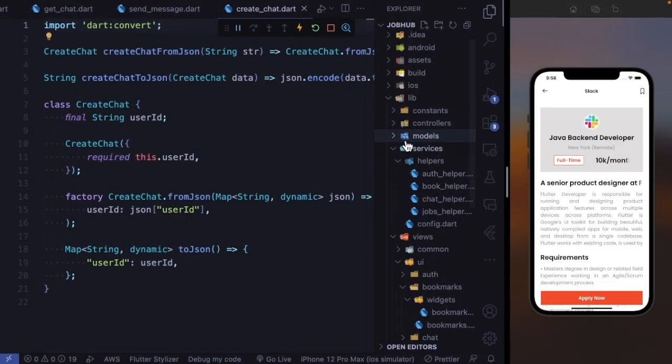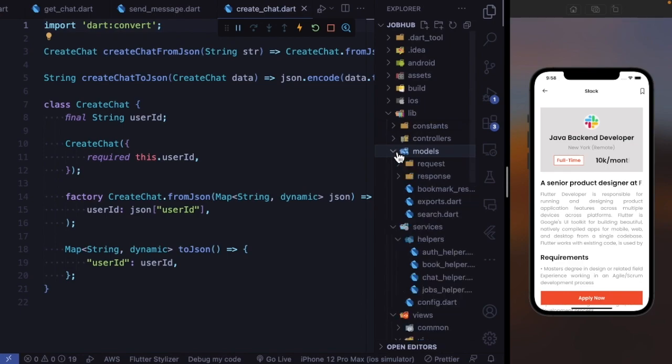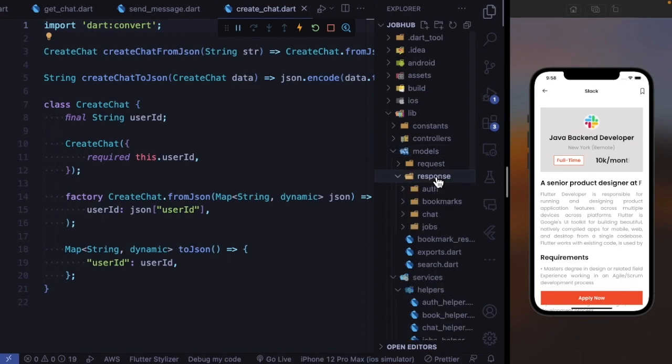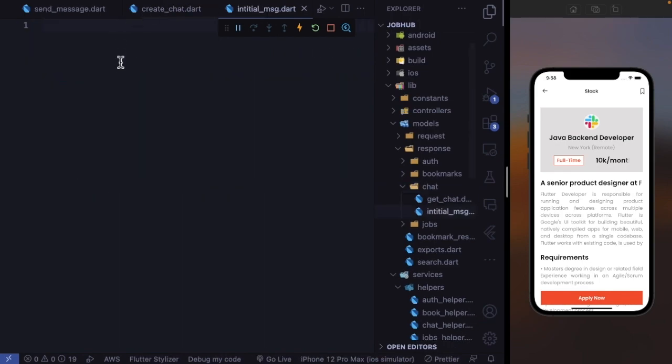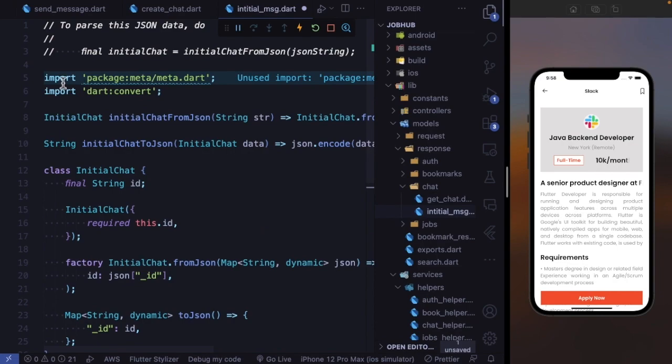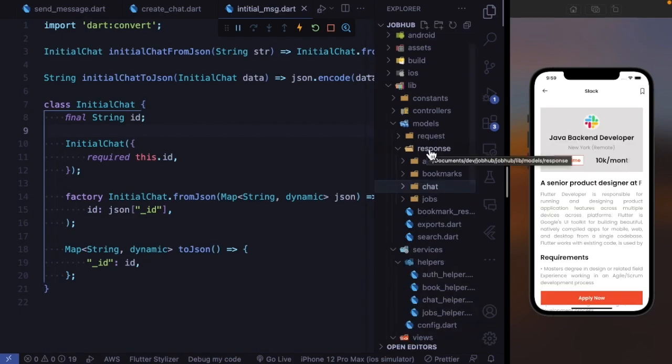In our VS Code, we need to go back to our models. And in our models, we need to go to response. This is chat. And we need to create a new file. And we need to call it initial message. So I'm just going to call it initial msg dot. So in this file, we need to paste the code. We get rid of the first 5 lines and then we save. Here in our response,